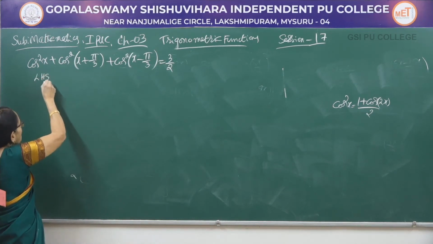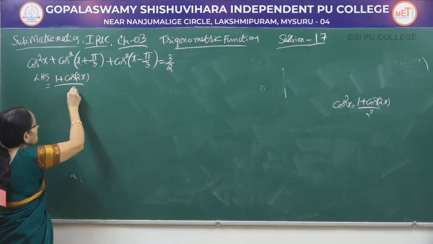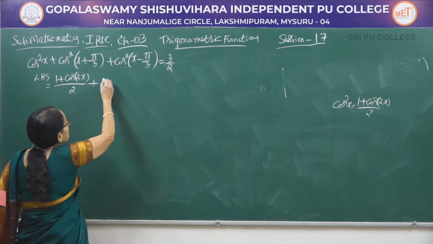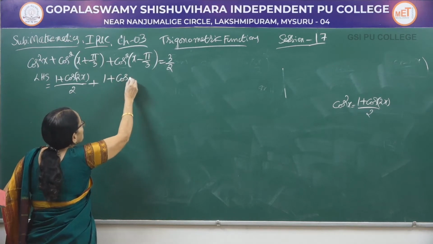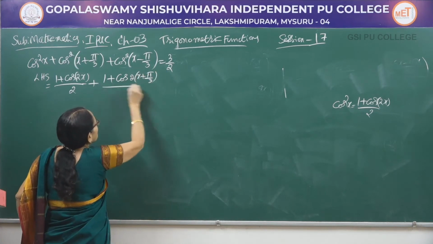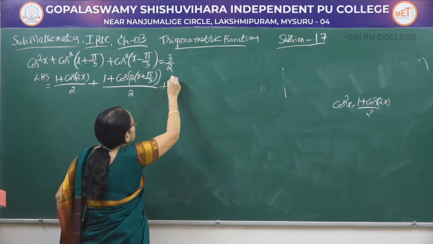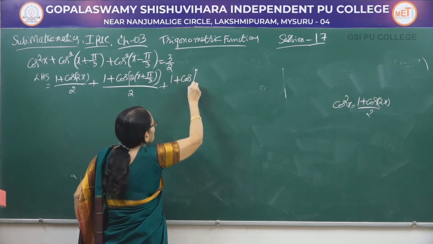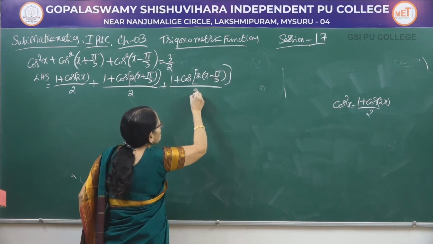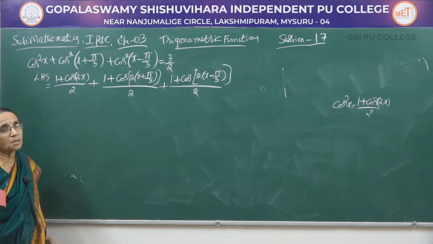Start with the left hand side. Write the first term as (1 plus cos of 2x) divided by 2. It is a direct application of the formula. Whereas for the other two, you have to write it properly. 1 plus cos of 2 into (x plus pi by 3), divided by 2. If you want, you can use another bracket like this to avoid confusion. It is (1 plus cos of 2 into (x minus pi by 3)) divided by 2. So, quote that formula in the working column. I am using that formula 3 times here.